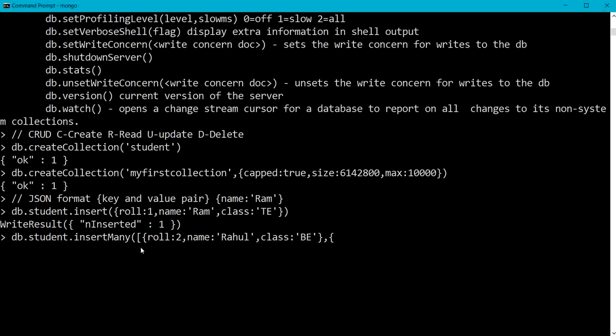the second document is name Sia, comma, class SC. Note that here we need not follow a fixed schema as we have in a relational database.